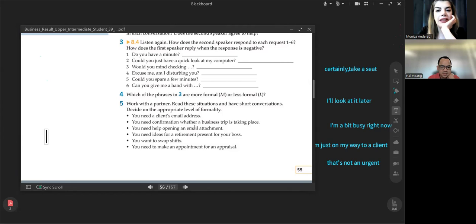So look, we have some situations: you need a client's email address, you need confirmation whether a business trip is taking place, you need help opening an email attachment, you need ideas for a retirement present for your boss, you want to swap shifts, and you need to make an appointment for an appraisal.